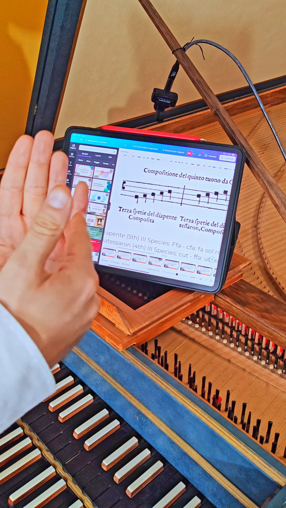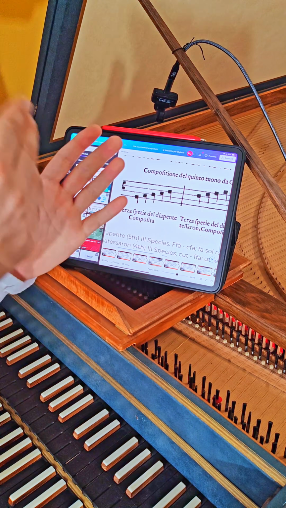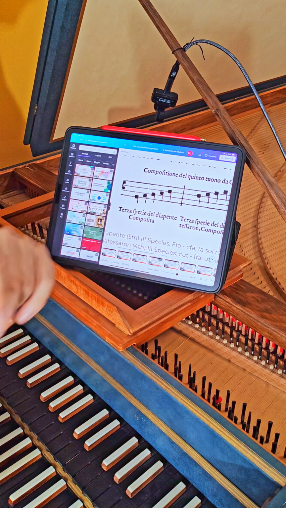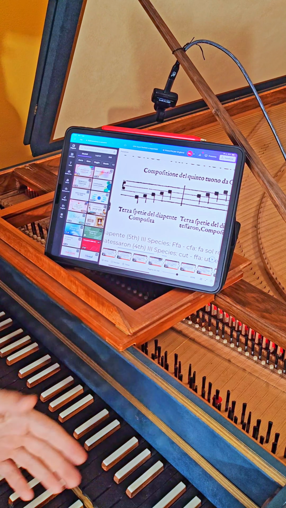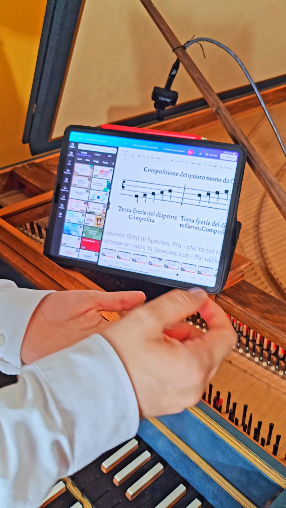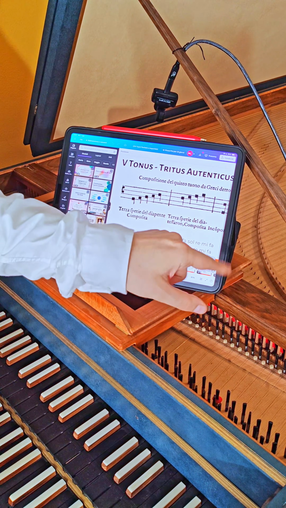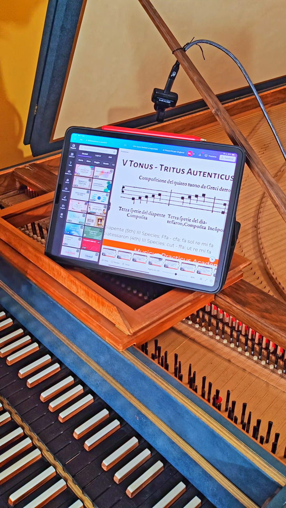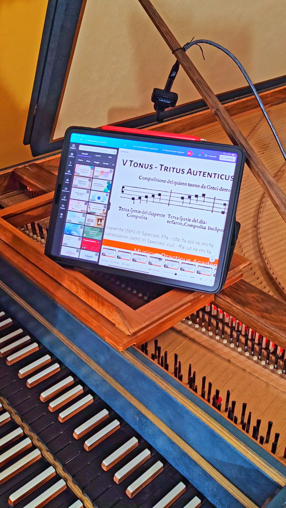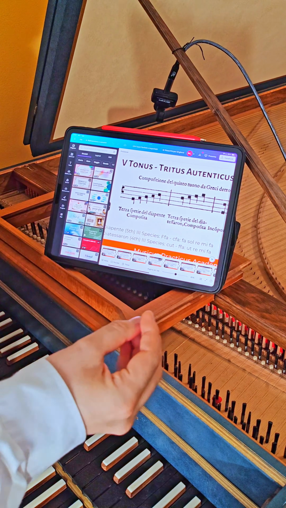mi fa sol re mi. The third species is fa sol re mi fa. The semitone is there. And the fourth species is ut re mi fa sol. So there's a very big difference, because fa sol re mi fa, it's typical of the fifth tone in cantus firmus, and we cannot change the things. It's a big problem if we change things, because we are changing the mode.